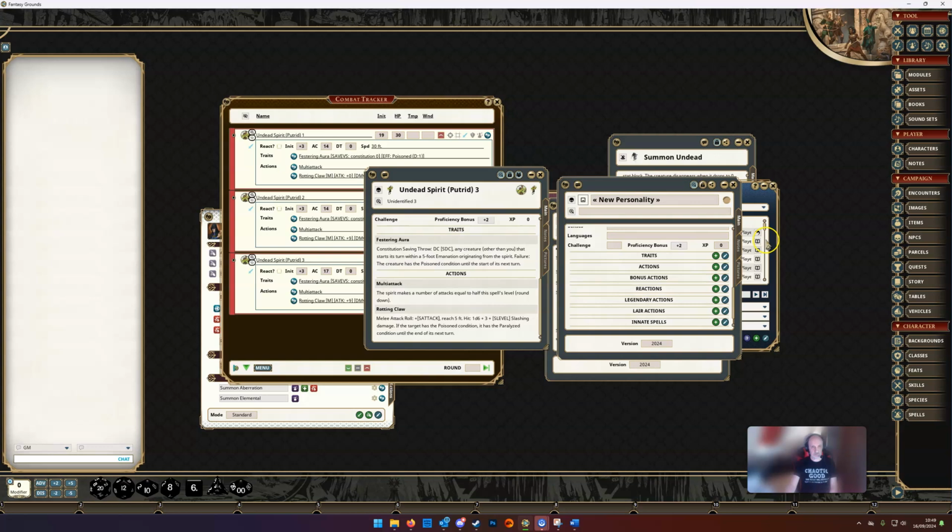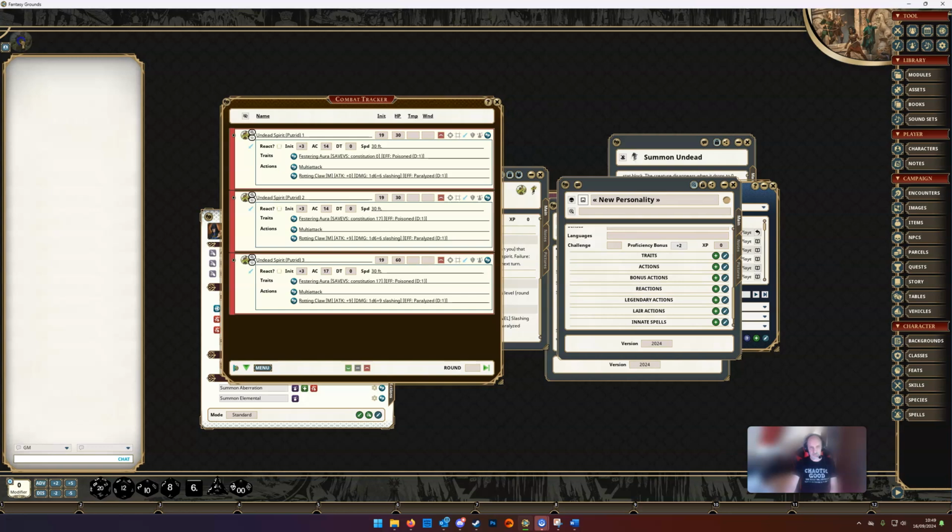But you can share the NPC if you put the NPC onto the combat tracker first, and then we drag the NPC and drop it onto